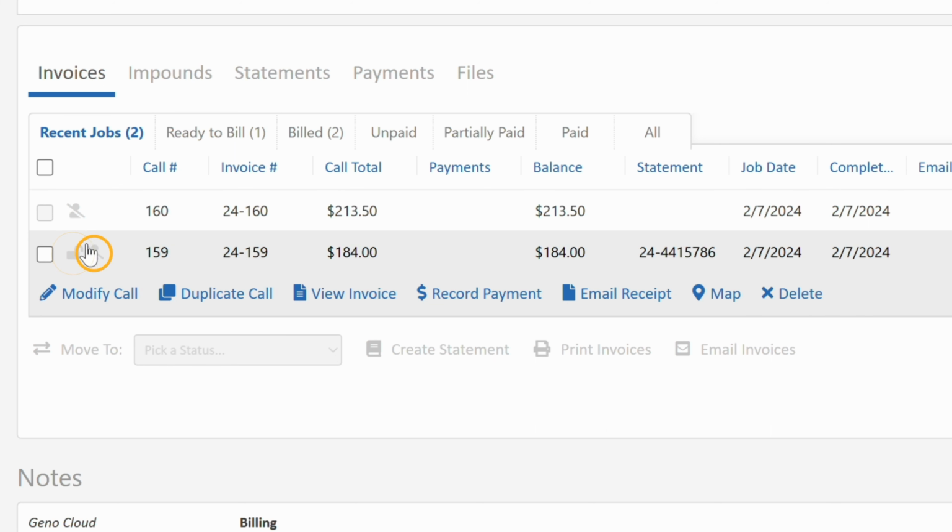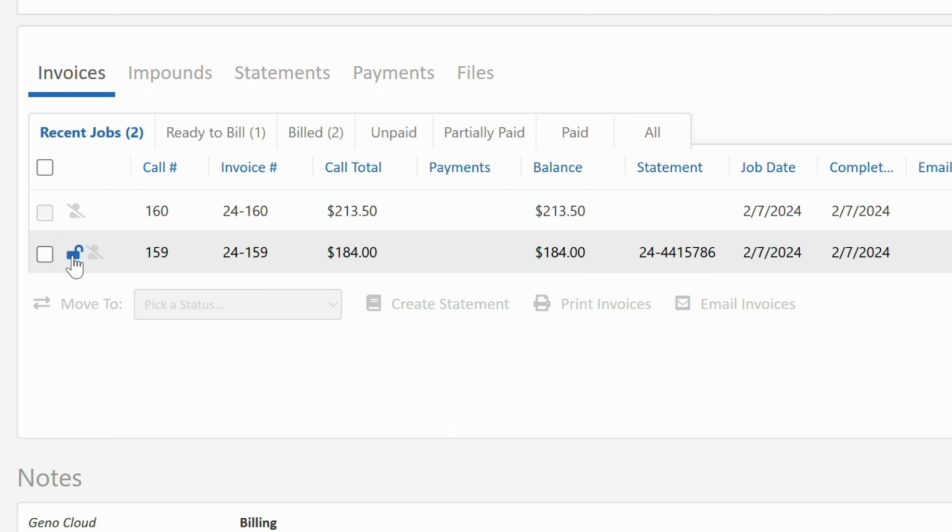Notice the lock and audit icons next to each call. If you use TowBook's Audit and Lock feature for your business, you're able to lock a call here to prevent any users from changing additional details, and mark a call as audited, indicating that it's ready to be billed. Some calls won't have a lock icon next to them. These jobs are current impounds and won't be able to be locked until the vehicle is released.